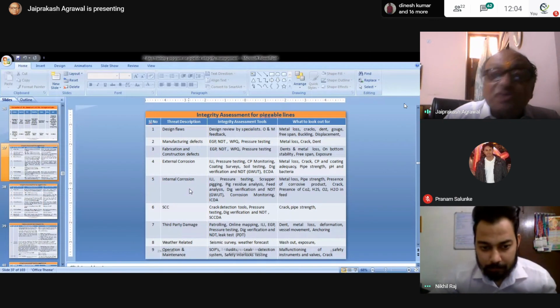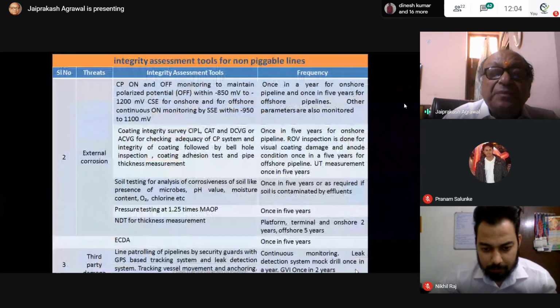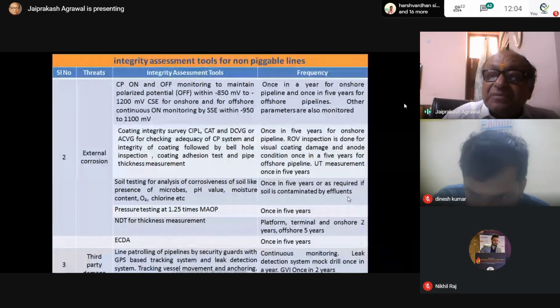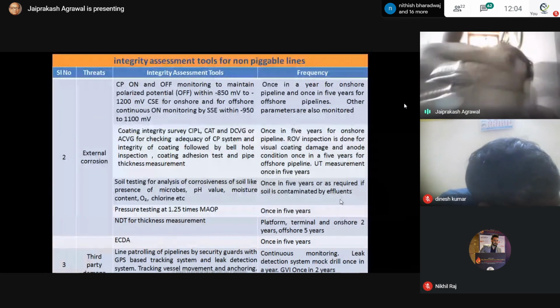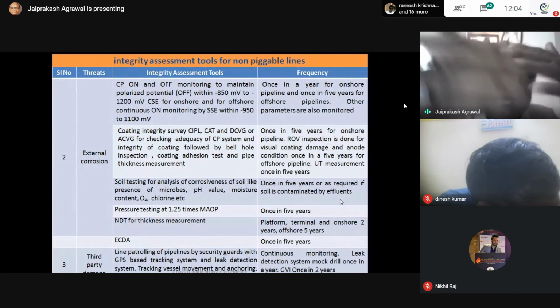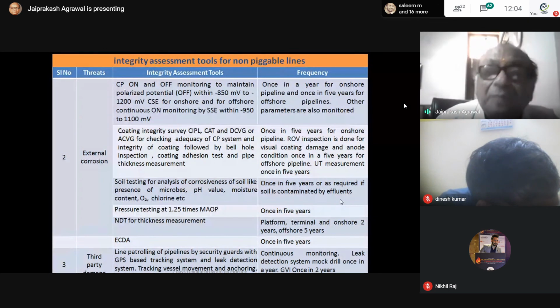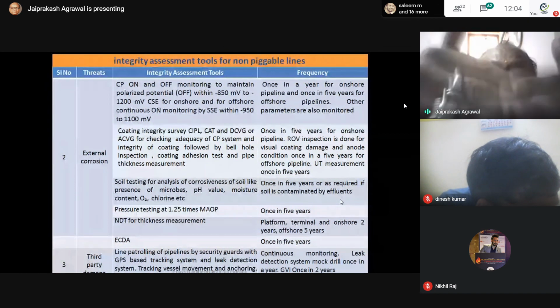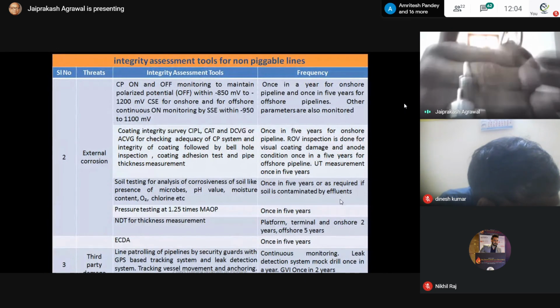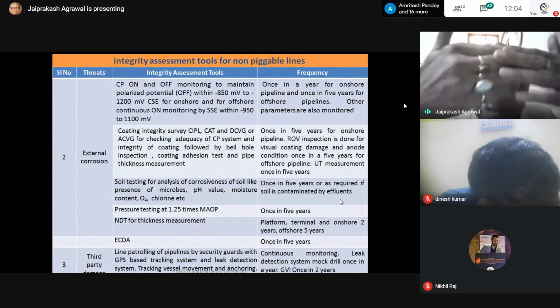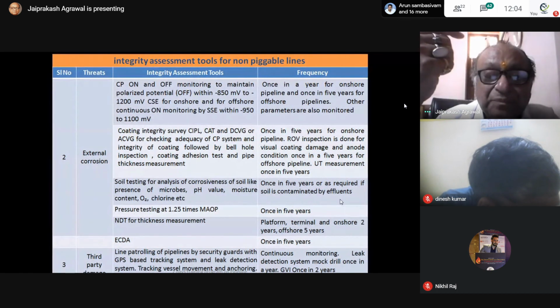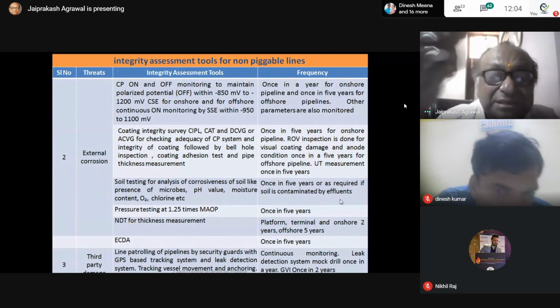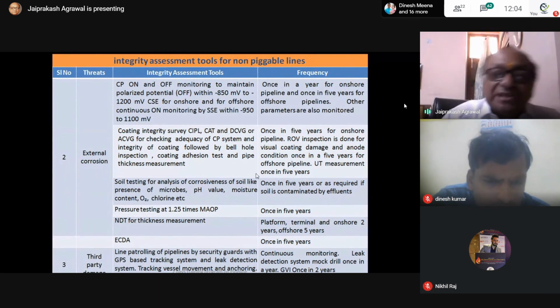This is the intelligent pigging system, but this is something different. Without having that, there is no need for your scraper launcher or scraper receiver. This is a device for the non-piggable lines. Here you don't require this special type of tool. Same intelligent pigging system: whatever the inline inspection does, it does the same thing for the non-piggable pipelines.